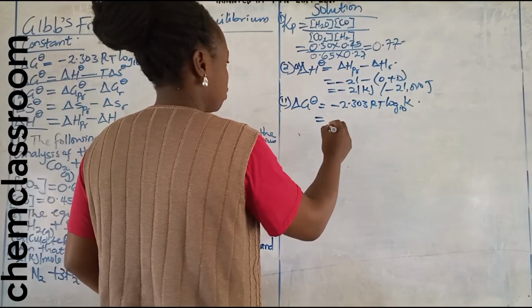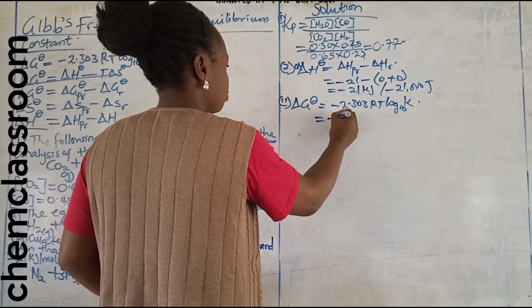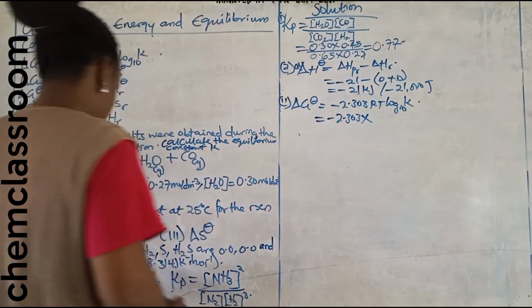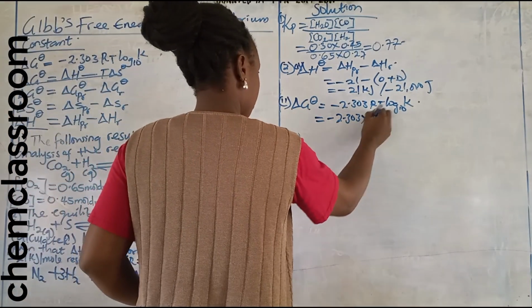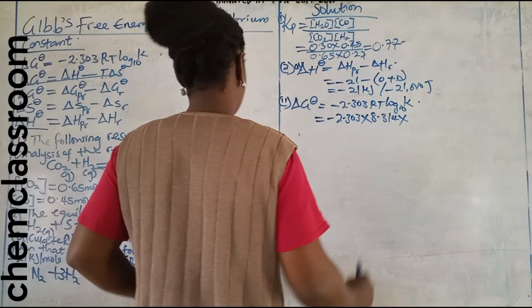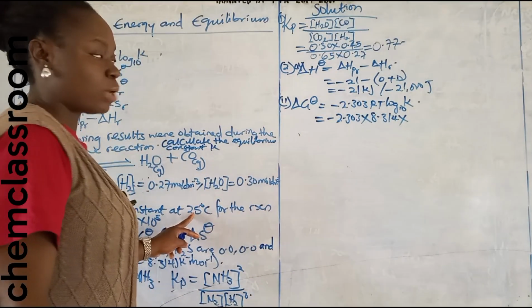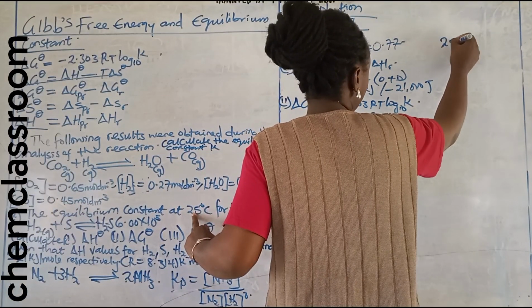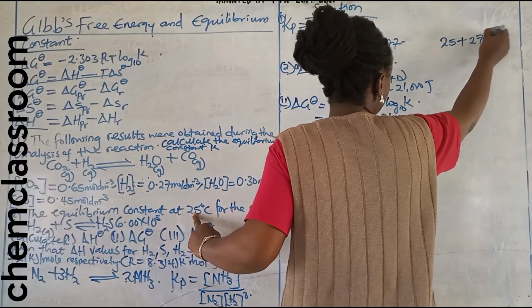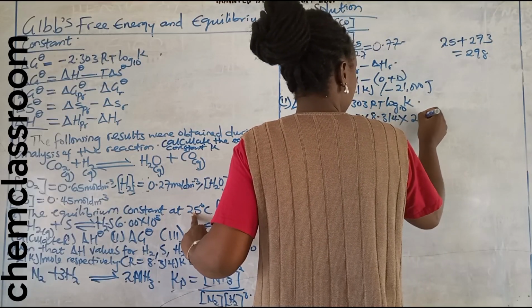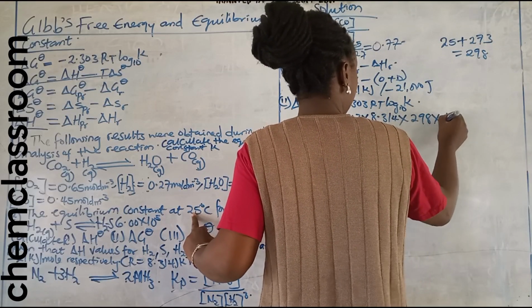So I'm just going to lift up the values and input them. Minus 2.303. R is 8.314, times the temperature, which is 25 degrees Celsius. So I'm going to convert to Kelvin. Do you still remember how to convert to Kelvin? 25 plus 273 to give me 298. Multiply by 298. Multiply by log